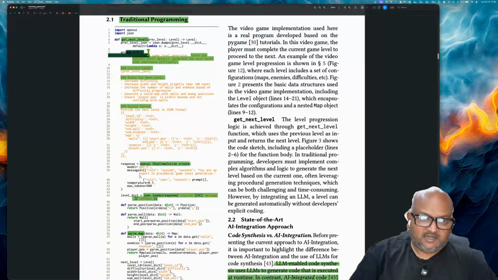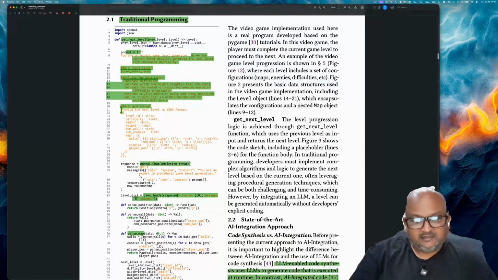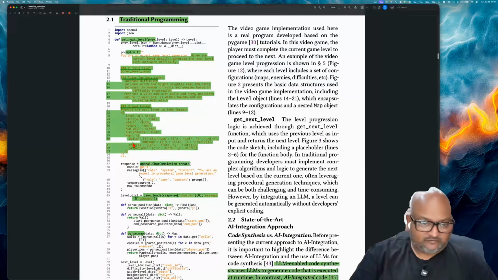You'll typically have a prompt. The prompt is going to have some variables in it which will get populated with runtime values, in this case the previous level. It's going to have some description of the problem or rules for how to solve this problem, in this case how to generate the next level, and then you'll also describe what output format you want.